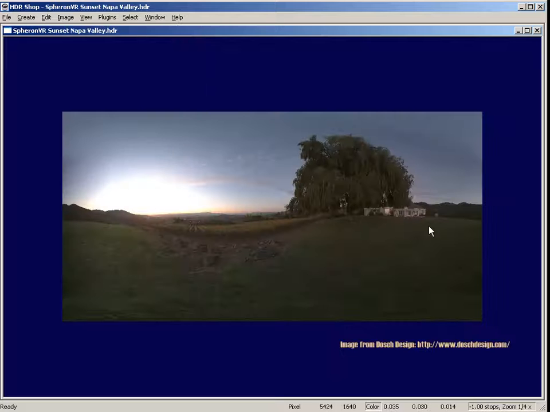So let's look at another HDRI. This one was acquired using a sphere on camera, and it's an extremely precise image. It has a lot of information in it, and you'll notice this area here, which is this bloom of sun, we start to